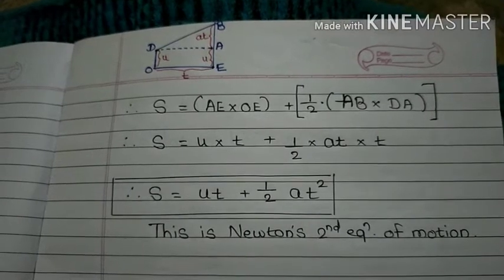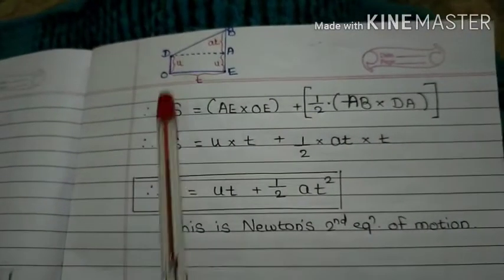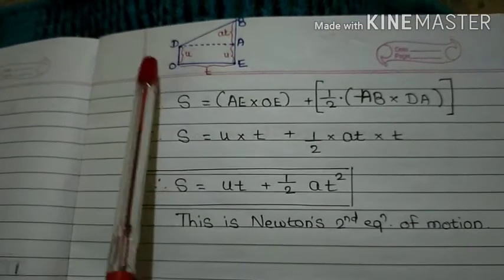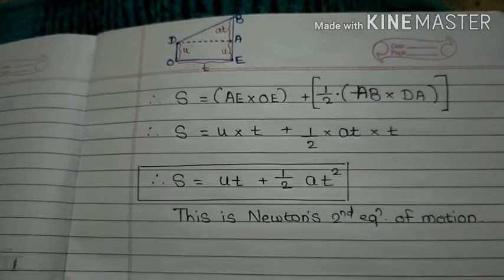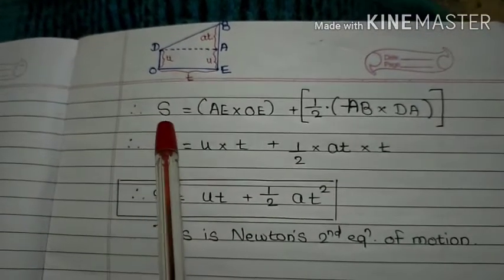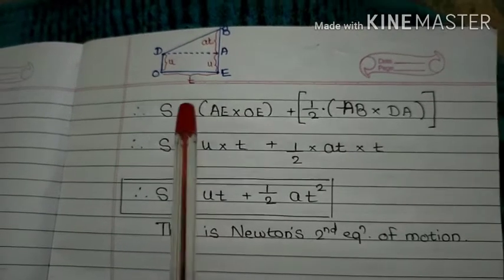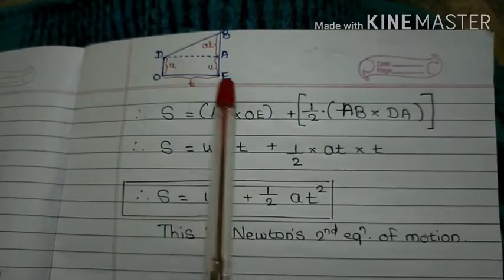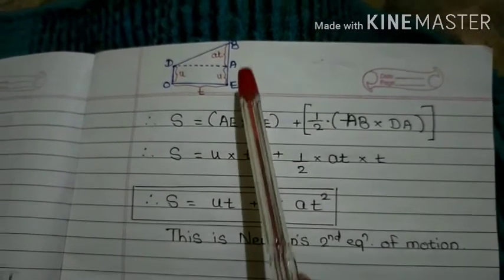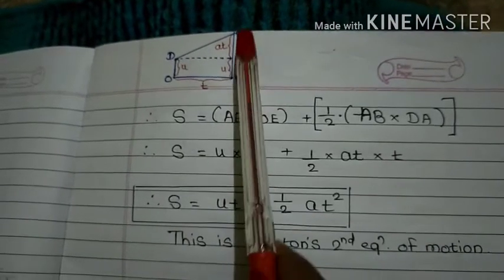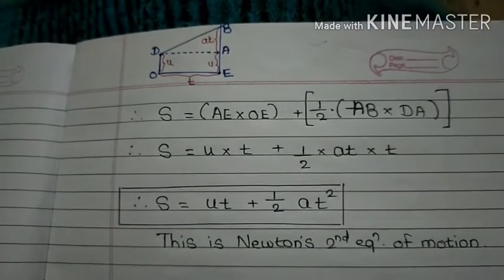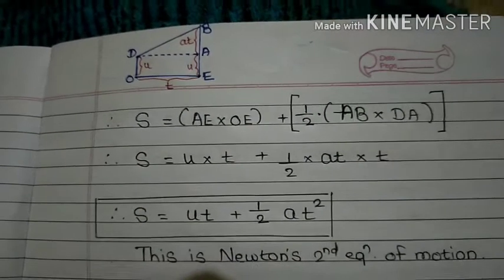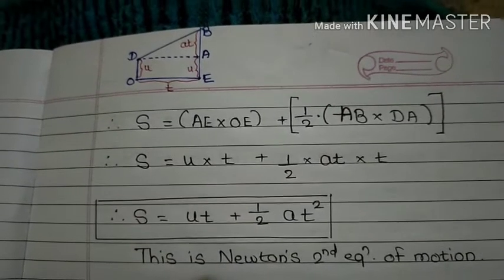To know the terms easily, again we have drawn the same graphical diagram over here. DOEB. Now, see, if we want to count the total overall displacement, it is equal to, as mentioned, the area of rectangle DOEA plus the area of triangle DAB. Now, guys, what is the formula for the area of a rectangle? You are absolutely right. It is length into width.